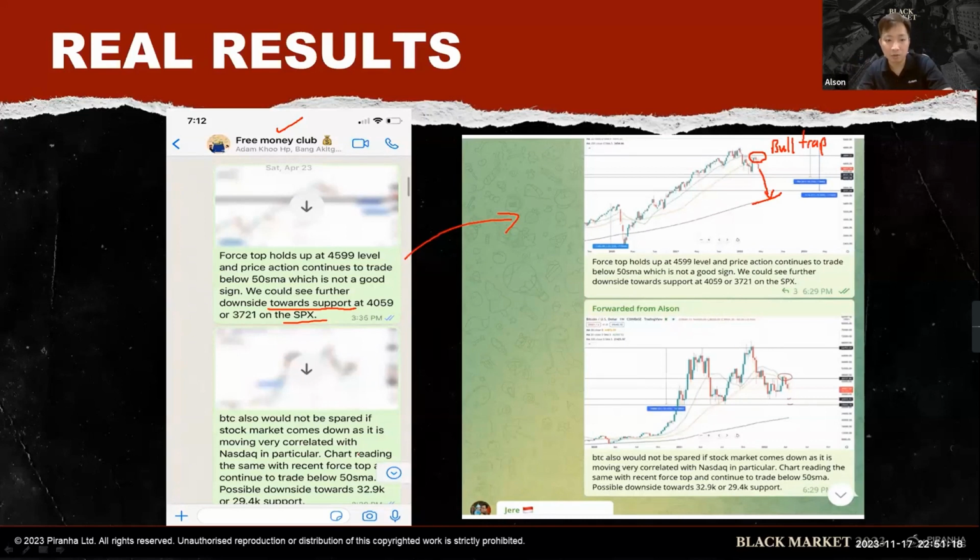In fact, I also shared about crypto. There would be a more major possible downside during that time. A lot of my students followed me to buy crypto before 2020 or even during 2020. My students know that I'm also a crypto investor and trader, so a lot of them followed me to buy even before the run-up in 2020, and a lot of them made a lot of money.